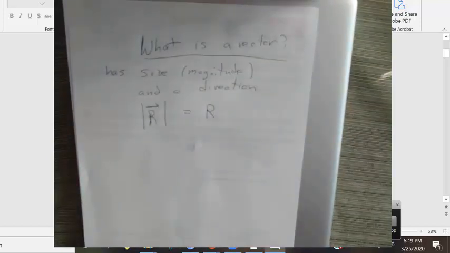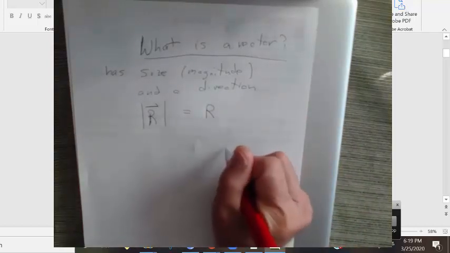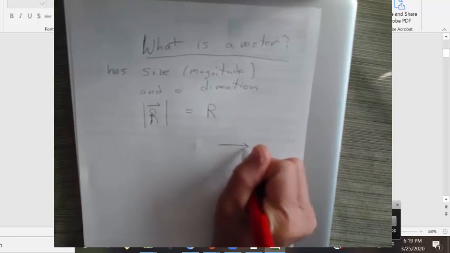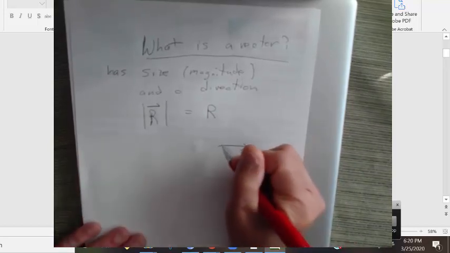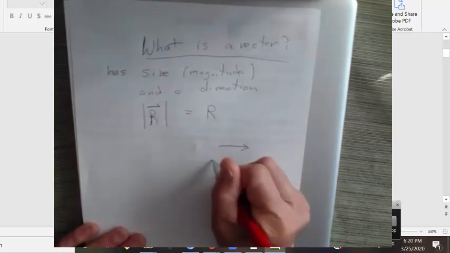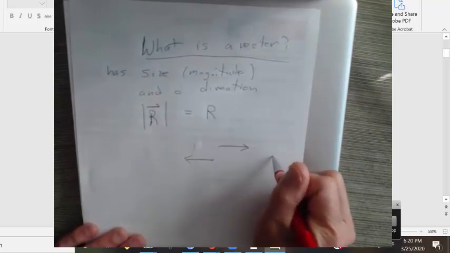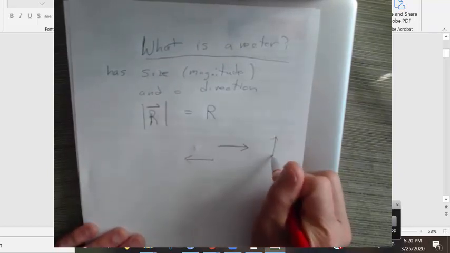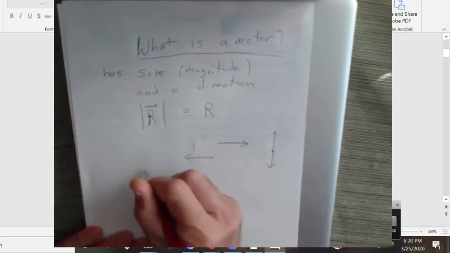Okay, so a vector has both a size and a direction. And it can also be represented graphically by an arrow. Helps us think about a vector. So far we've actually been talking about vectors, whether you knew it or not. We have arrows that can be pointed to the right, they could have been pointed to the left. Those are forces, let's say. Or they could have been pointed up, or they could have been pointed down. So examples of vectors